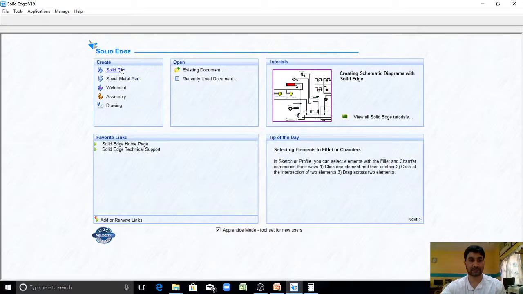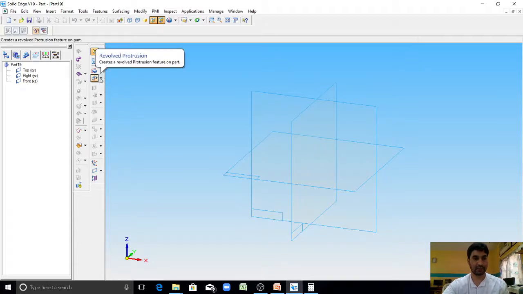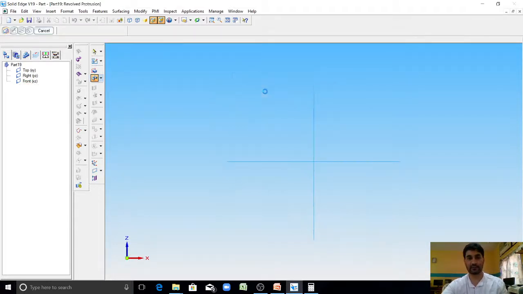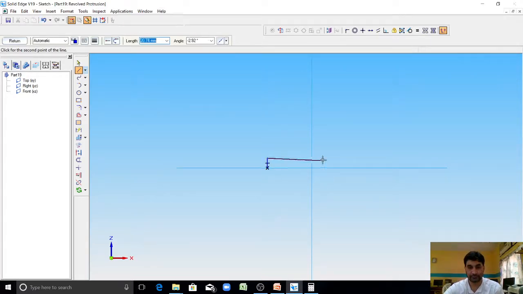So go to solid part, click on revolved protrusion, select the front plane, draw an approximate profile here like this.